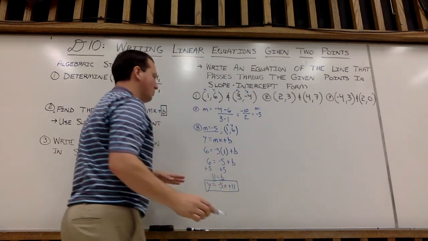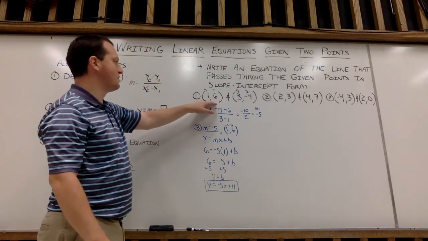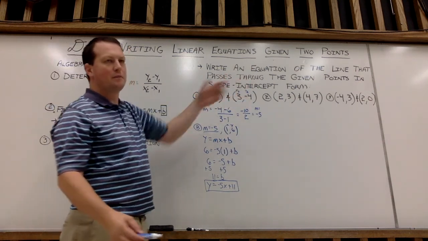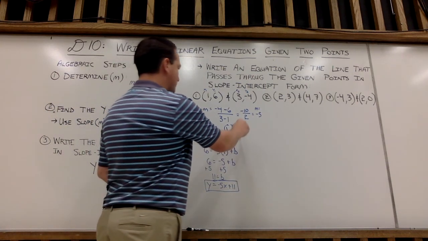So let's just say for giggles that you have a phobia with the ordered pair 1, 6. You see it and you're like, whoa, I can't do any math if I see 1, 6. All right, well then pick 3, negative 4. So if you pick 3, negative 4,